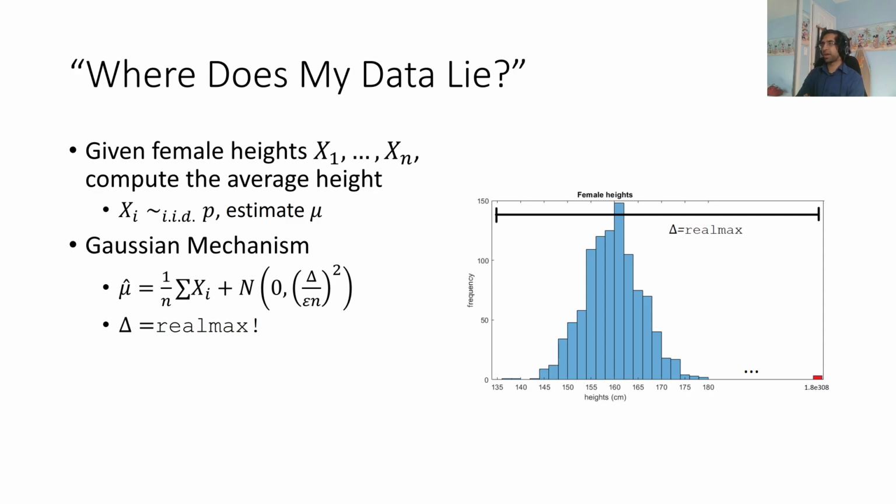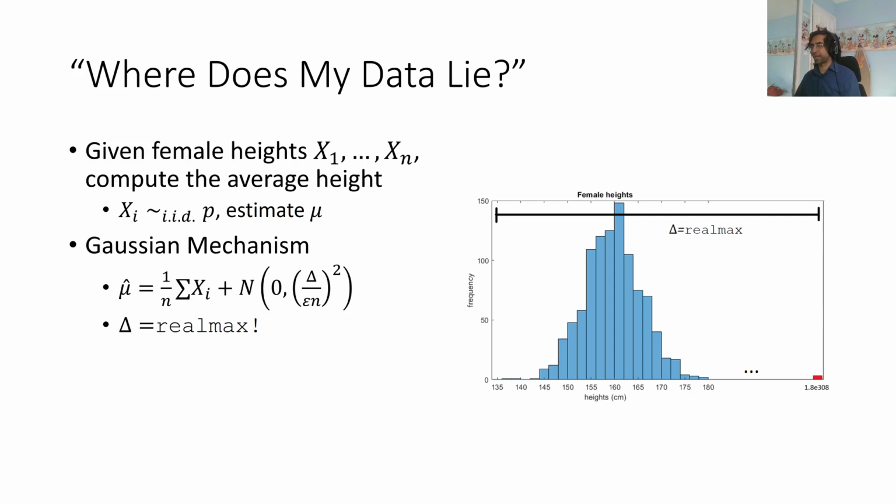As a result, we add an inordinate amount of noise, which will completely obliterate any signal in the original statistic, and we will not get an accurate answer at all. So hopefully this problem is clear: the empirical mean or other such statistics typically have rather high sensitivity, and this leads to challenges when we try to estimate them naively in a private setting.